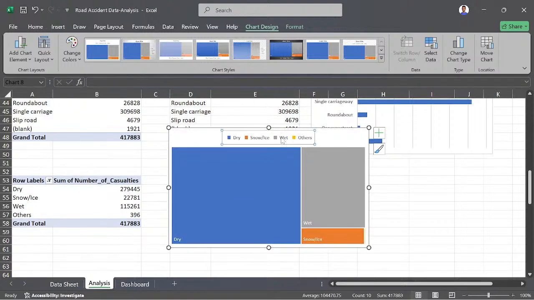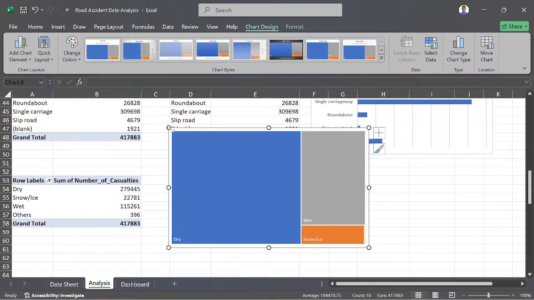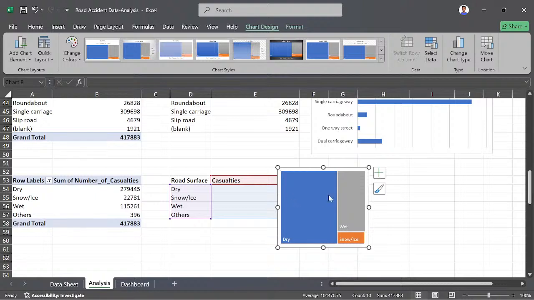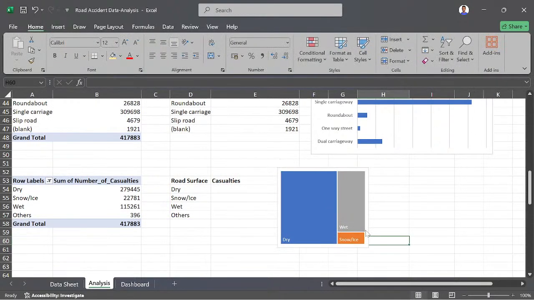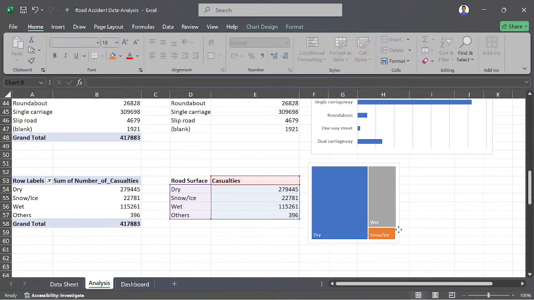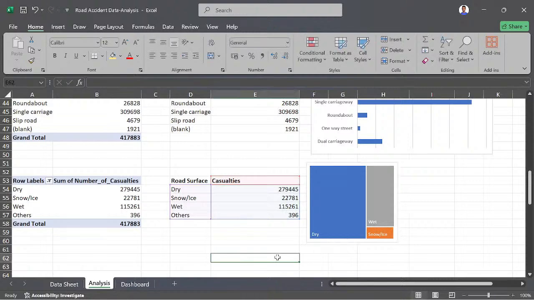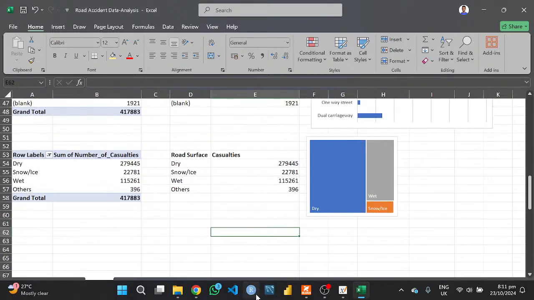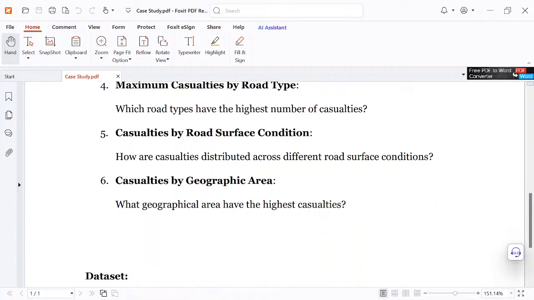I'll clear away all this, I'm not interested in the rest. You can see it looks really nice. Nice. So that one too, we have our visual. That visual is also ready. Then when you go back to this thing, it says that the next one is casualties by